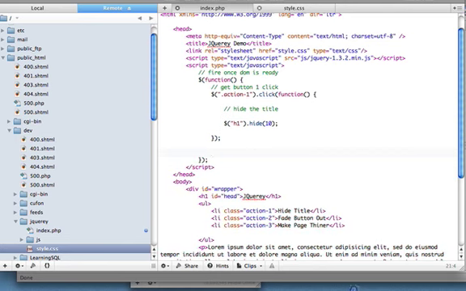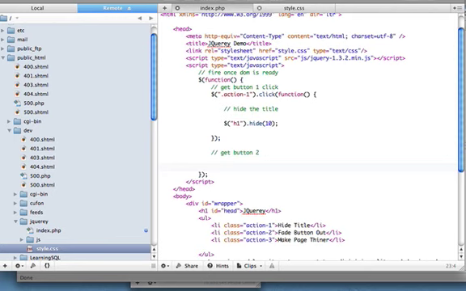And we're going to make another single line comment which says get button two. I haven't got the jQuery page open here now to think of a good action that we can do, but let's just do